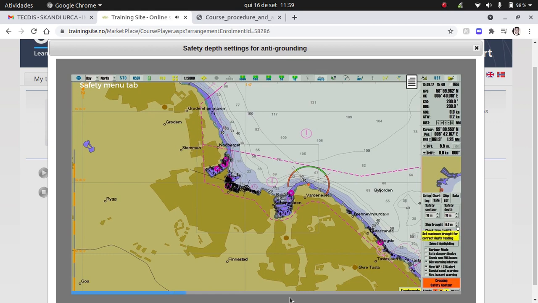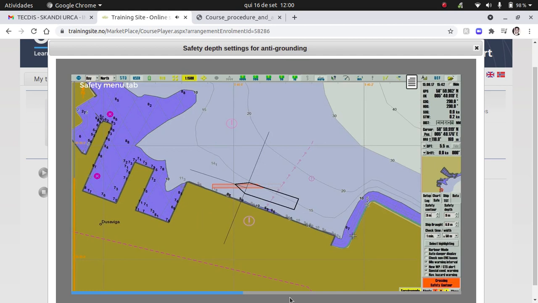The setting varies between the minimum and maximum values entered for the vessel draft in the ECDIS setup utility. Please note that the safety depth and safety contour values cannot be lower than the actual draft settings made by the operator. The anti-grounding function will operate up to the limit of the time set, which ranges from 10 seconds up to 30 minutes. Also, the width of the anti-grounding function can be changed, varying from 1 meter to 1